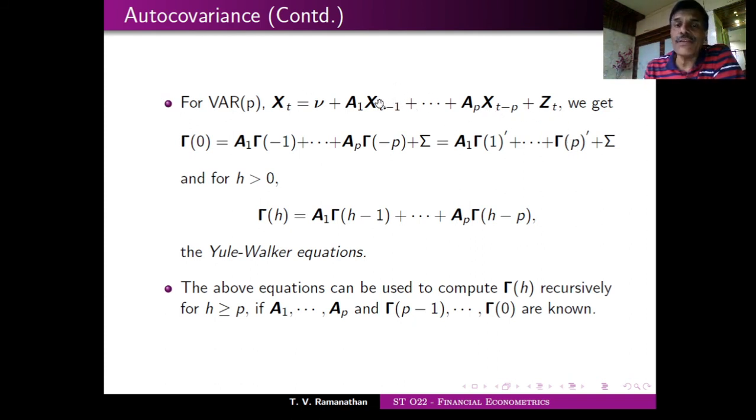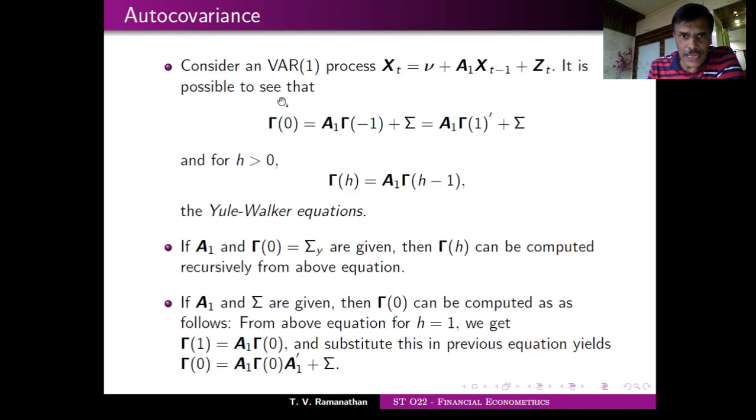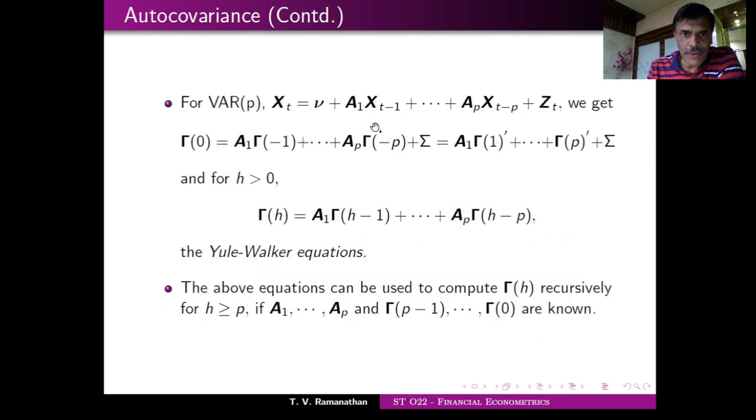Okay, so you have to be careful. Even though now that you have learned time series, I'm just ignoring that part. You got what I'm talking about, this being non-zero here. So you may have to subtract it appropriately. So what I will get is gamma 0 equal to the same equation that I have here. This equation will be gamma 0 equal to A1 gamma 1 prime plus etc. plus